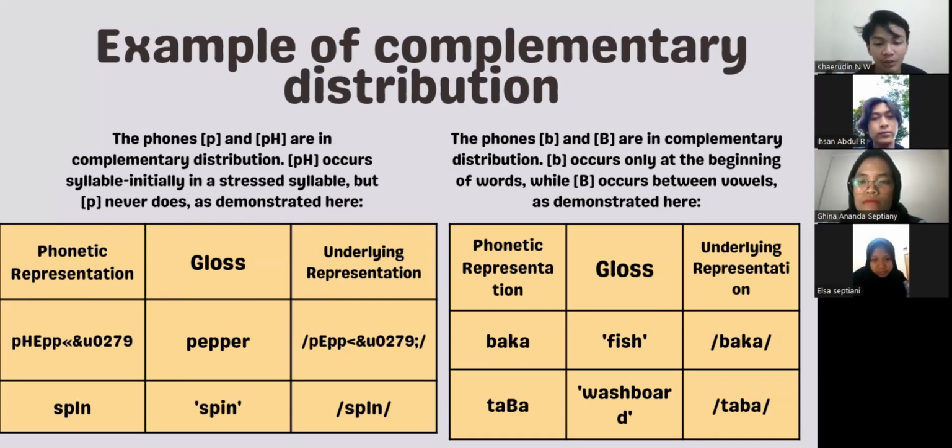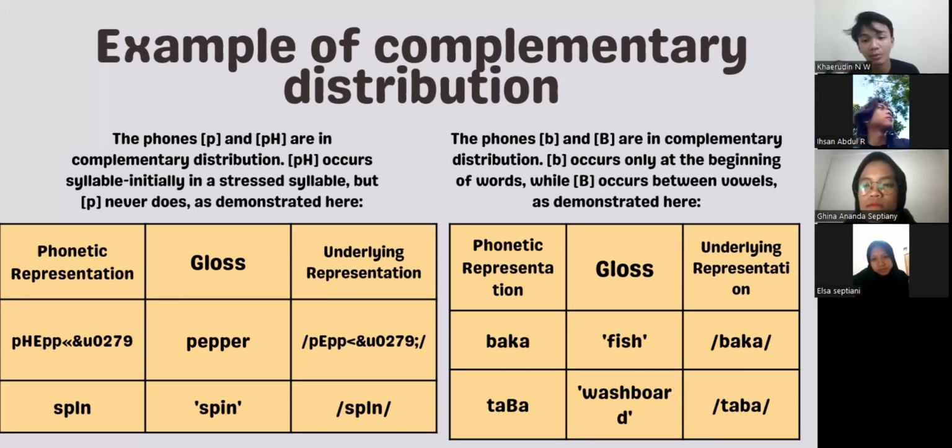Okay, and then I will tell the conclusion from our presentation. The conclusion is: phones refer to distinct speech sounds or gestures that are recognizable but not classified. Phonemes are the smallest units of speech that discriminate meaning between sounds in a given language. Allophones are phonetic variations of a phoneme category. Free variation is a phonological phenomenon where two or more phonemes or variants can replace each other in the same position within a word without